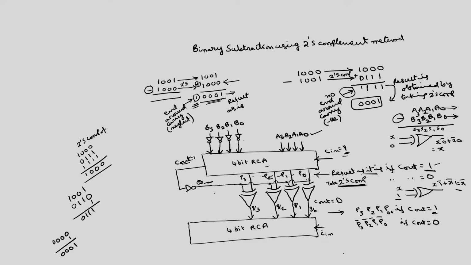To get the 2's complement, whenever P3, P2, P1, P0 comes as a bar, that is when C out is equal to 0, this should be 1. Because C out is equal to 0, we need the 2's complement. I have obtained the 1's complement by using these exclusive OR gates, and to get the 2's complement I have to add 1. Of course, I will give the second set of these signals, R3, R2, R1, R0, as permanently 0, so I will ground all of them.